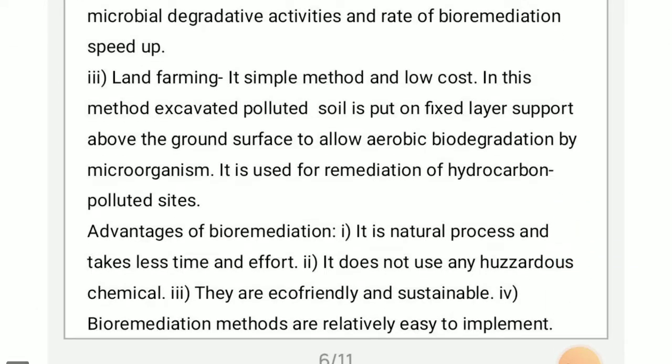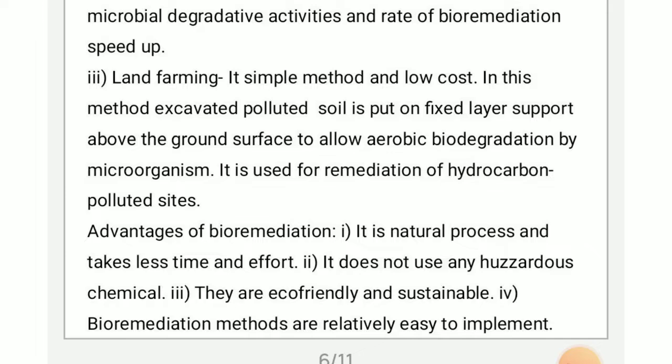Next, land farming. It is a simple method and low cost. In this method, excavated polluted soil is put on a fixed layer support above the ground surface, to allow aerobic biodegradation. It means that